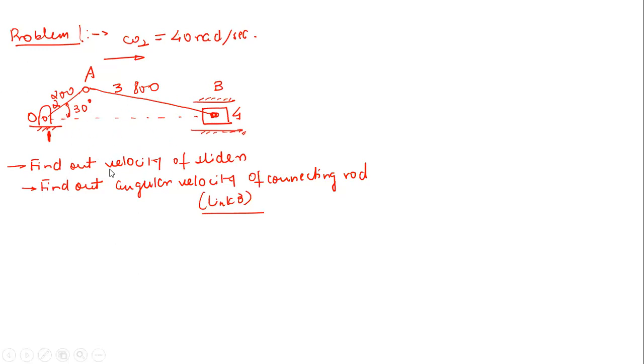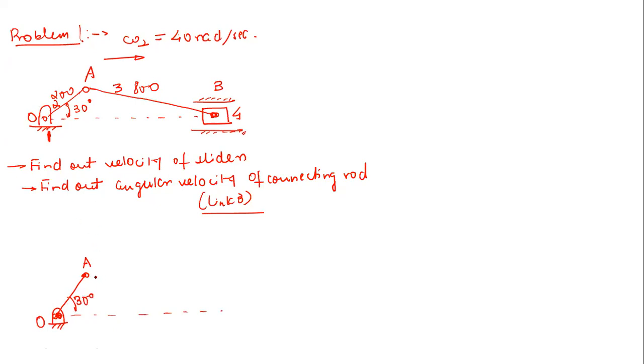So how are you going to draw it? Let's say if I have to draw this configuration on a sheet, first draw a horizontal line. Then draw this link of length 2a at an angle of 30 degrees. This is just simple geometry and nothing else, and you have to keep in mind how to draw this. Let's say I draw a line OA of 200 mm, or choose a proper scale. Then OA is 200 mm, and this is 30 degrees.